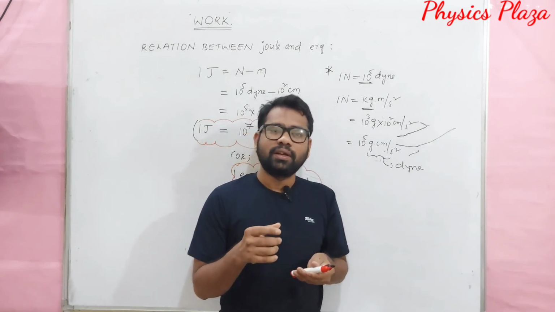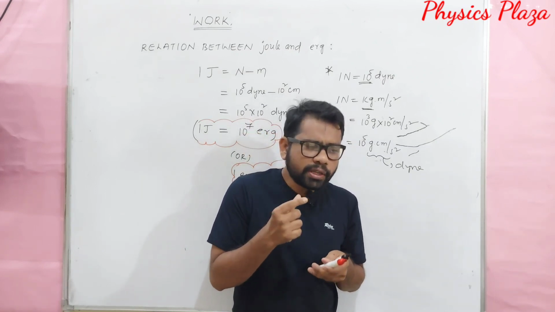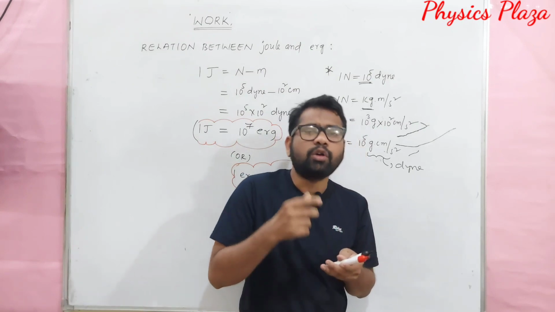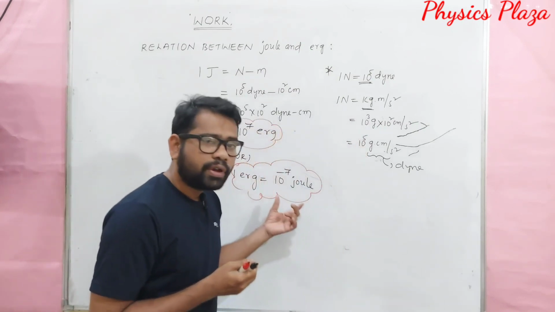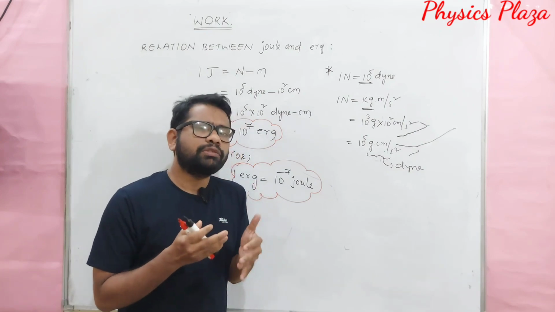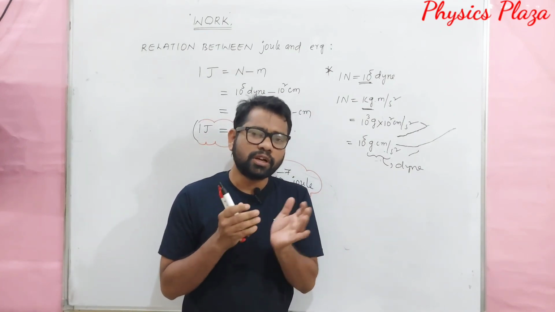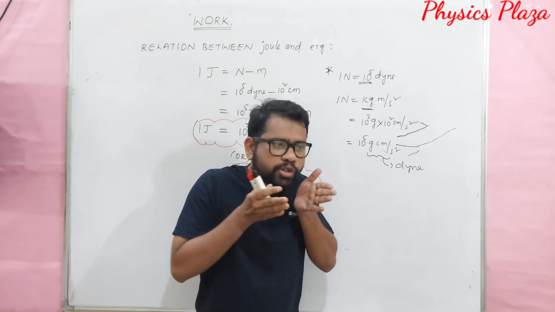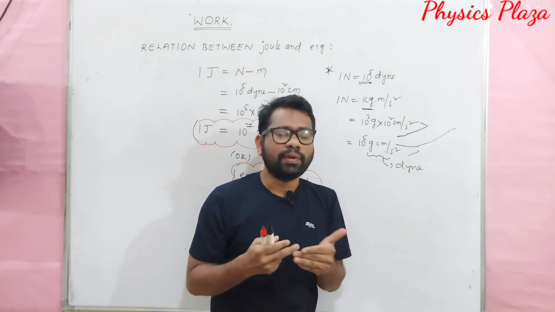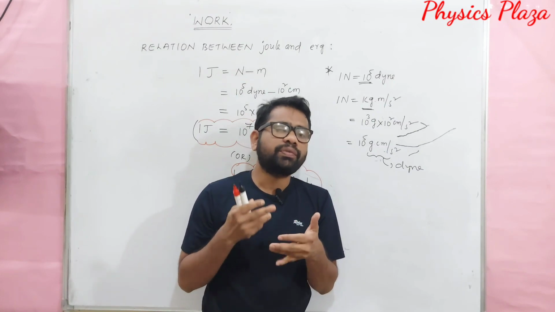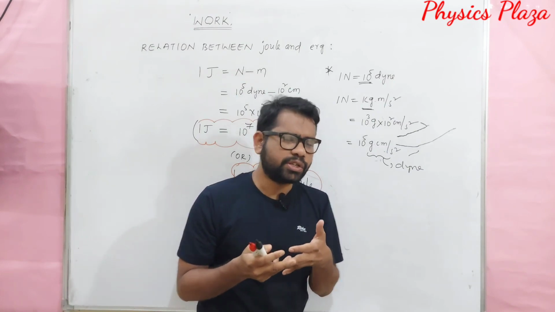Then we get one doubt. Sir, if the body is not displaced in the direction of applied force, then how to calculate? Yes. Now children, we are going to discuss how we can calculate the work done if the body is not displaced in the direction of applied force. It is not compulsory that force and displacement always be in the same direction. If not, what will happen? How to calculate? What are the factors which affect it? Let us see, children.